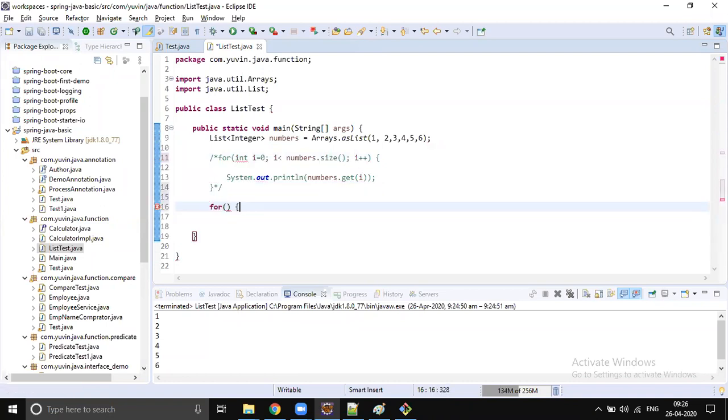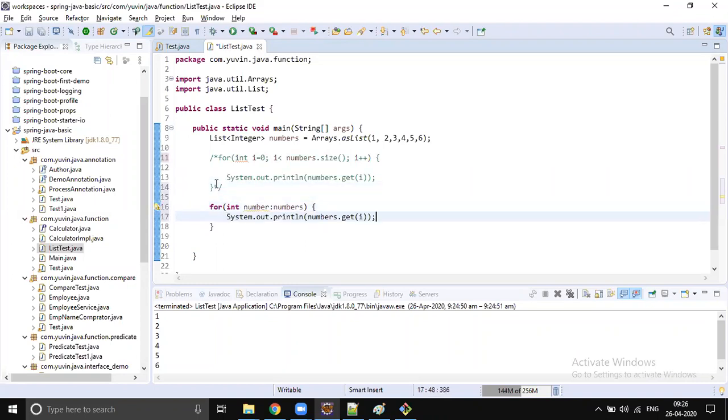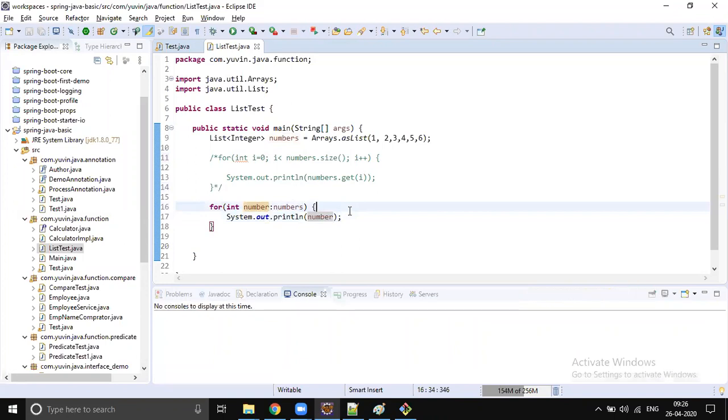For each integer number from numbers, print it to the console. Instead of saying numbers again, you can say number, and we'll get the same output.